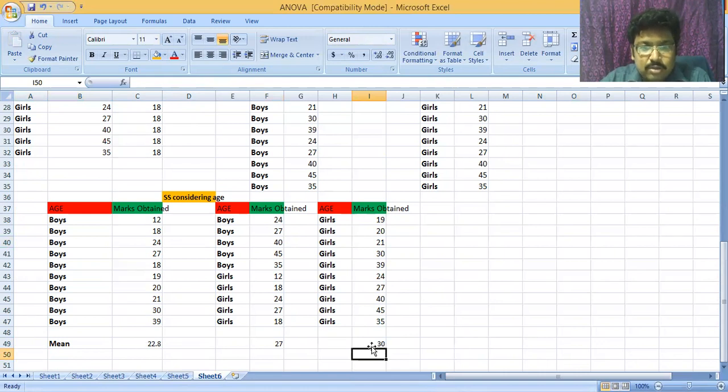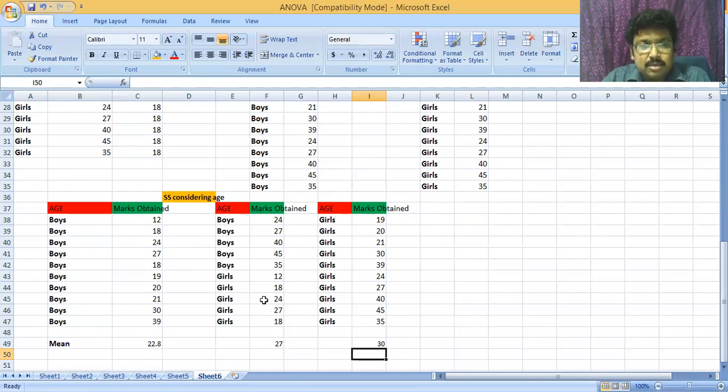So you have to find out the mean, and you know the formula by using which we have to find out the sum of square. Okay, so the mean is required there, and to find out the sum of square, you have to use the mean. So in this way, you have to calculate the mean,